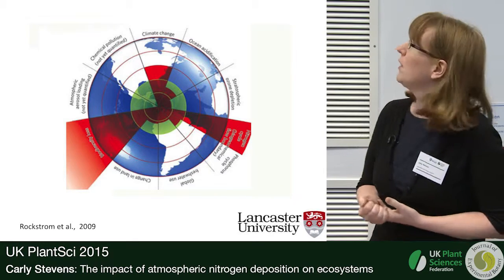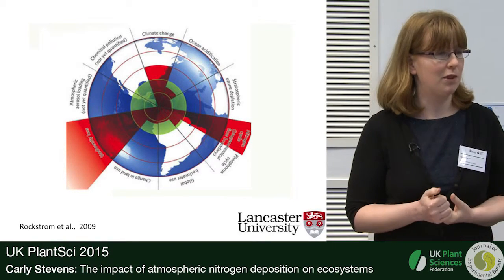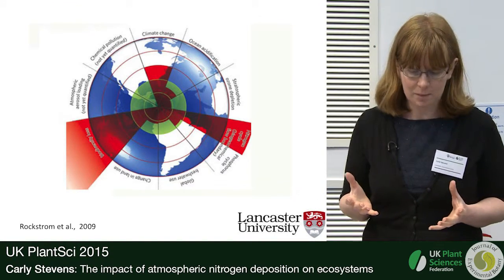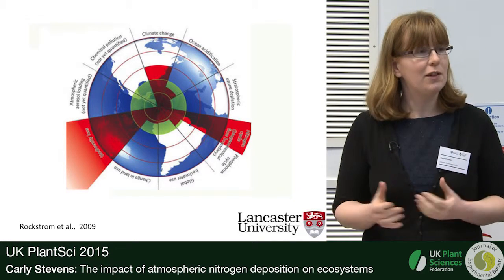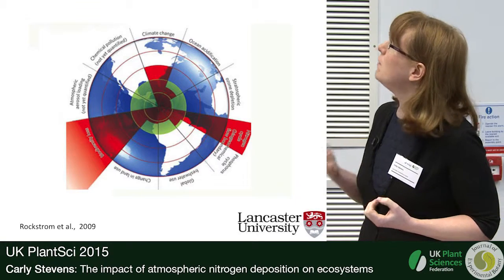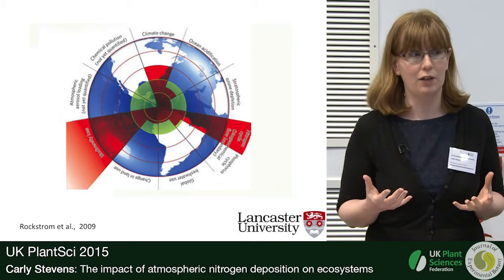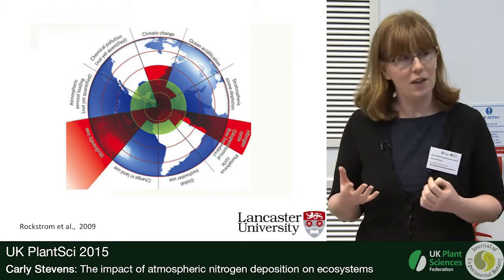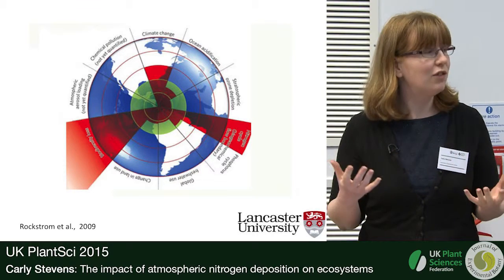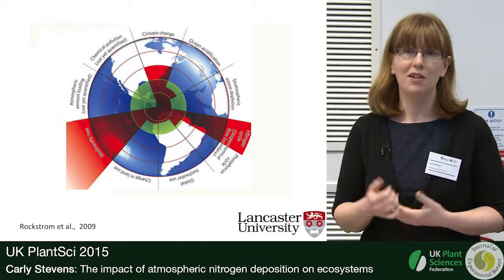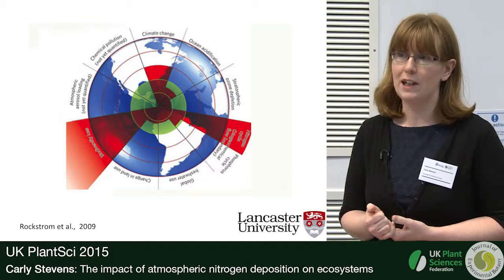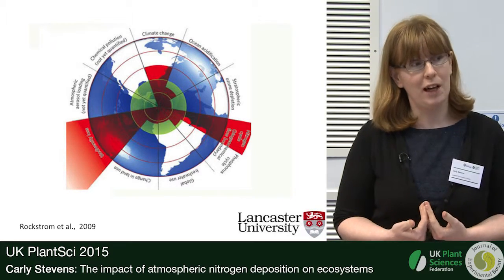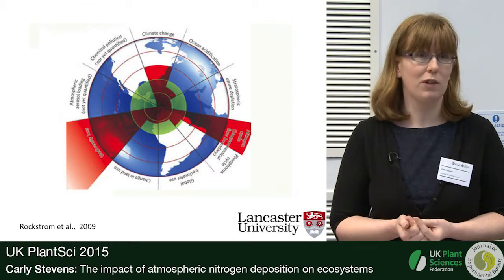And this is a figure from a paper that was published by Rockström in Science a few years ago, and it shows our planetary boundaries. If we look at nitrogen deposition, we can see that we're really exceeding our planetary boundary. So we've changed the nitrogen cycle to such an extent that its potential to cause problems in our planet globally is really, really apparent, and actually having a bigger effect at the moment than climate change, which is where we see perhaps a lot more ecosystems research going on.